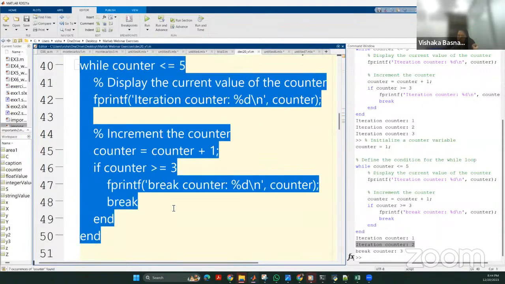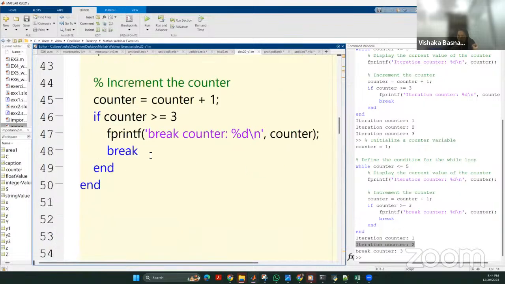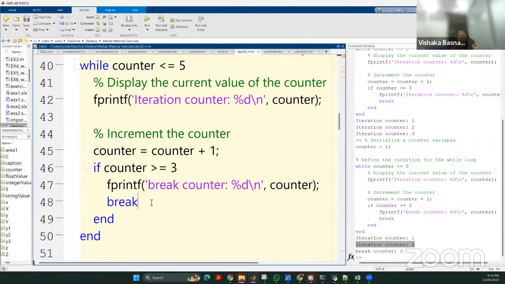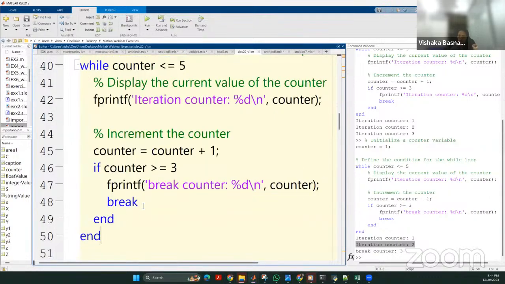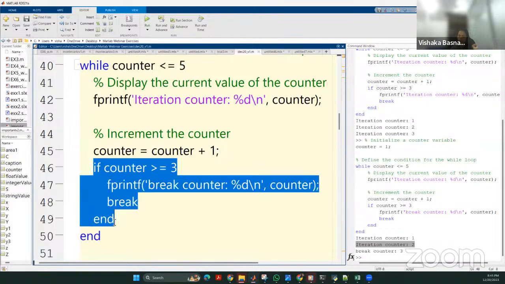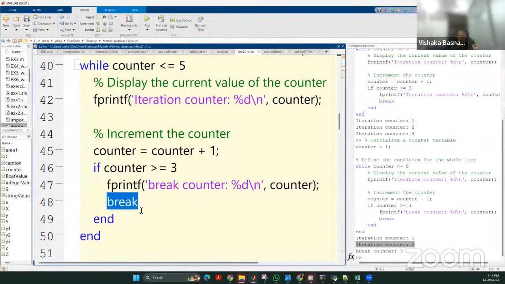So that is how the while loop functions, and that while loop will stop once we call the break command, right? So whenever the while loop is running, and some condition is satisfied, that condition will be considered, and if we have defined the break,